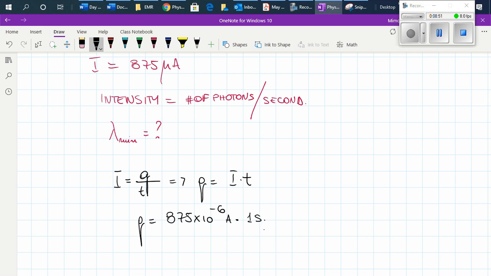Because this is what it is saying here, that we are looking for the number of photons per second, per 1 second. So then the charge will be equal to,